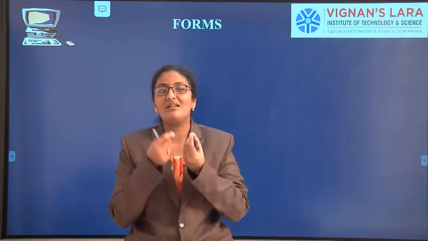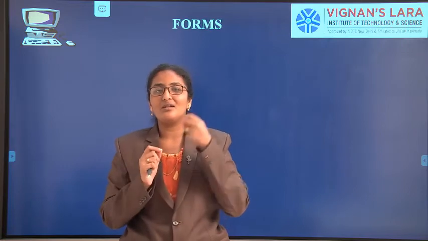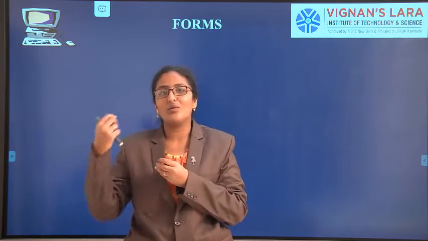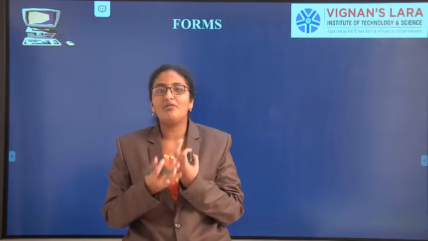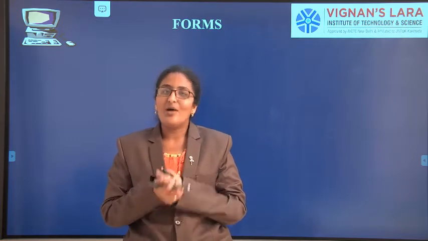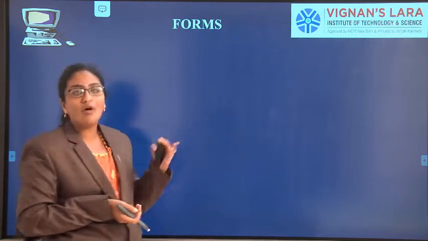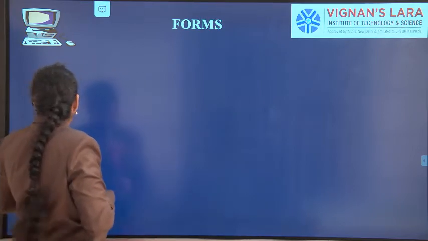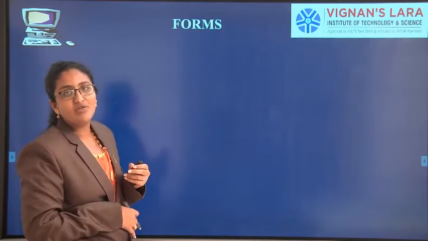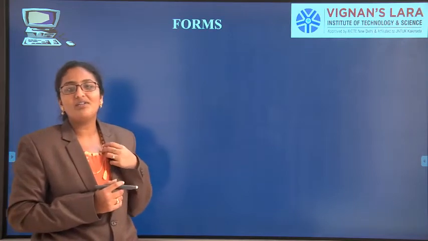This is not just a single thing. It is not like you have to insert only table. It is not like you can insert only image. You can develop your web page according to your interest. So as a part of that, if we discuss forms and frames, our half of the portion in Unit 1 will be covered. So what is Unit 1 actually?